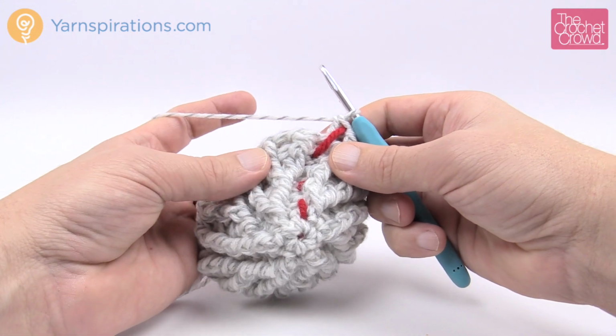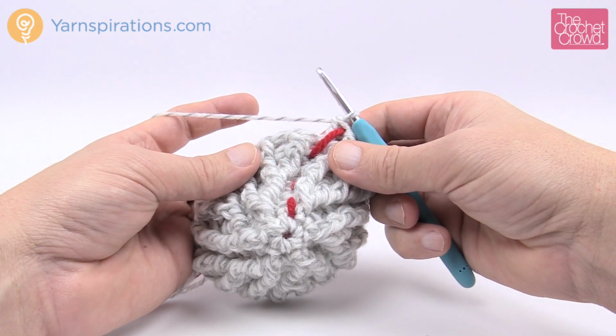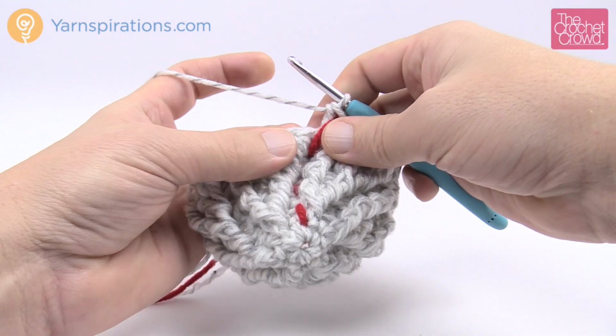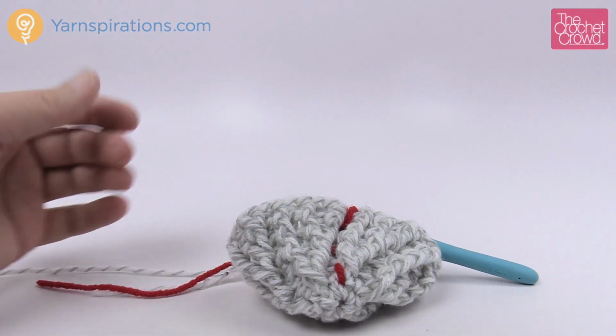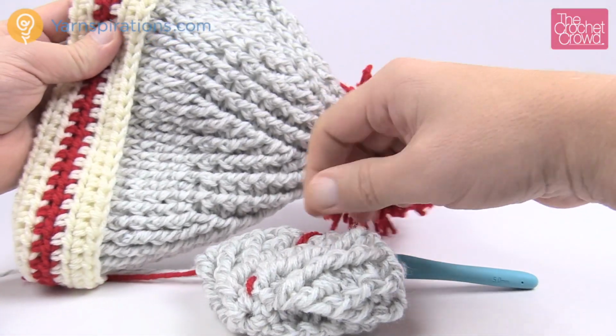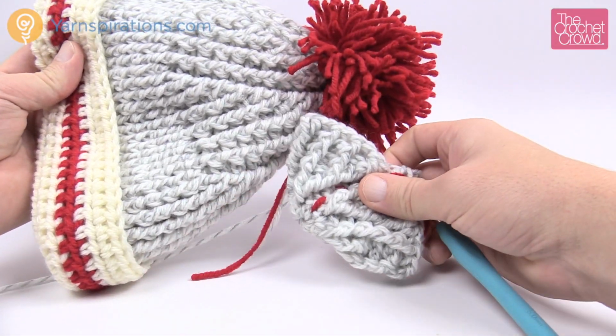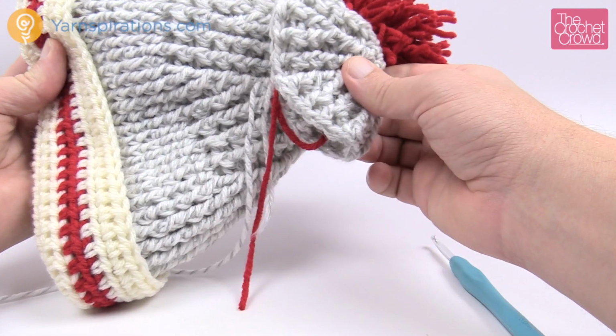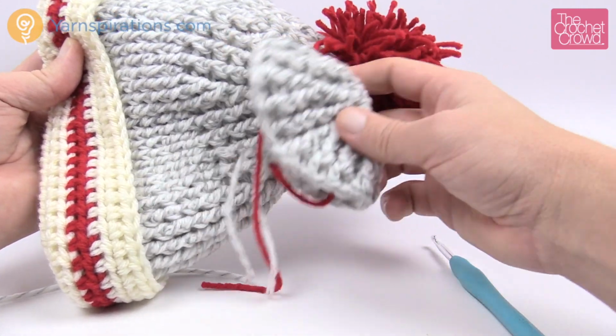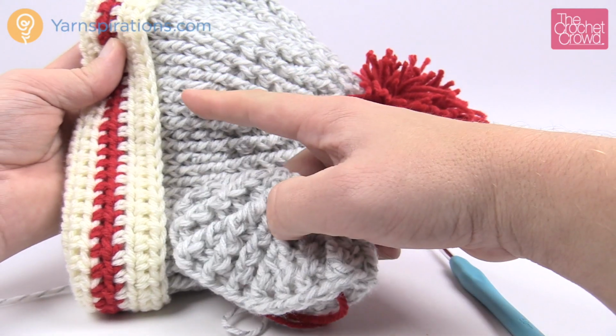So this is what we're going to do for those that are ready for the next step. For everybody ready now, the top of the hat no longer is going to grow any more ribbing. So in the 6 to 12 month sizes that you see right here, you can see the difference. If it's a men's size, obviously the pie is going to be much bigger, but we're going to move along now